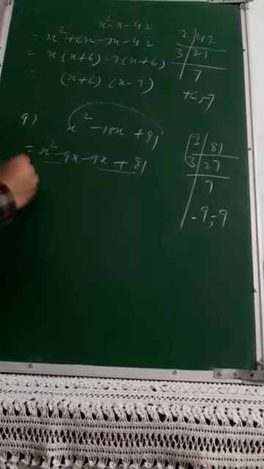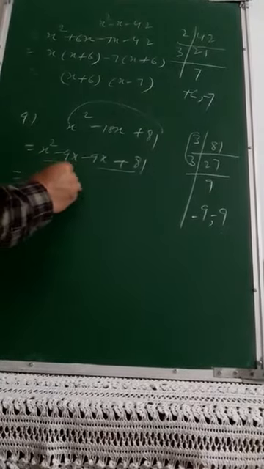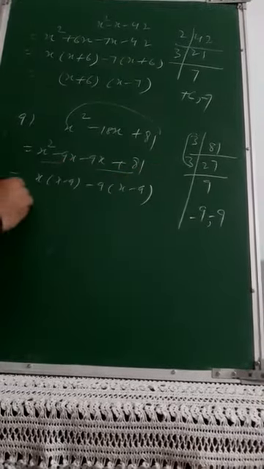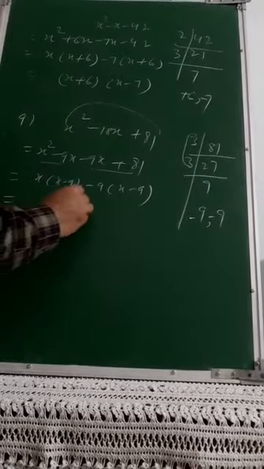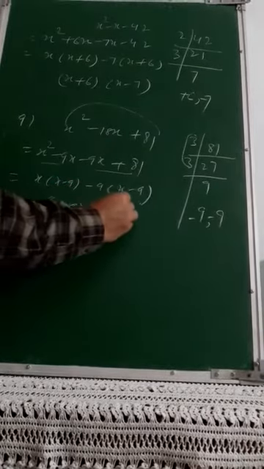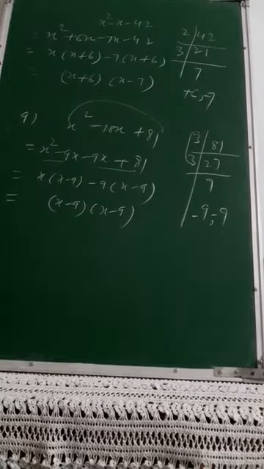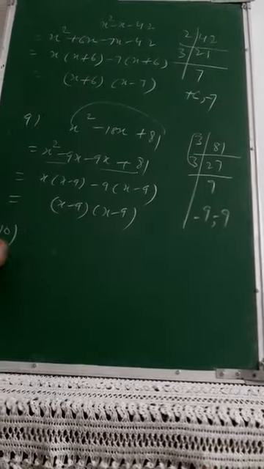So in first two and last two, x is common, x minus 9. Here minus 9 is common, x minus 9. Finally x minus 9 is common, again it is x minus 9. So this will be the answer for your number 9. Then number 10 was